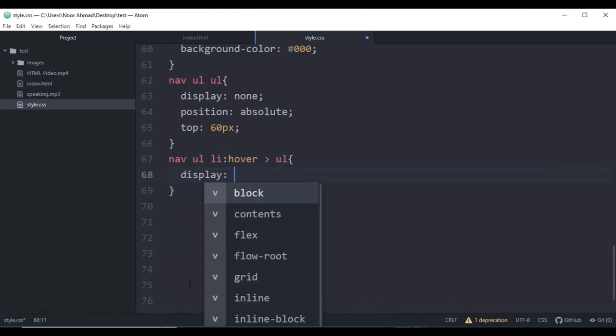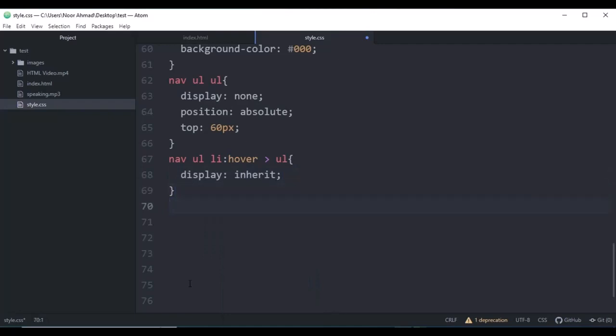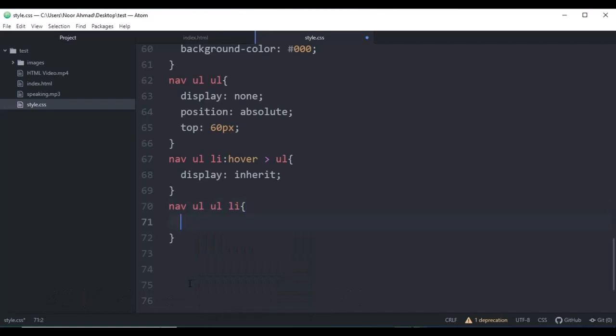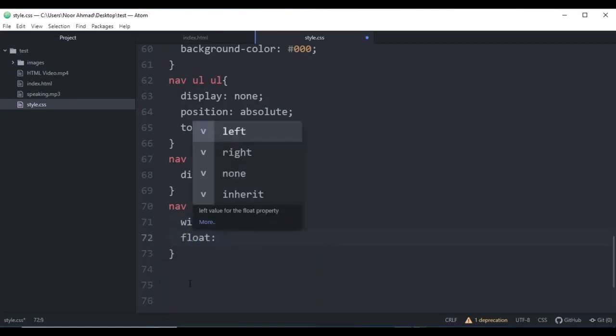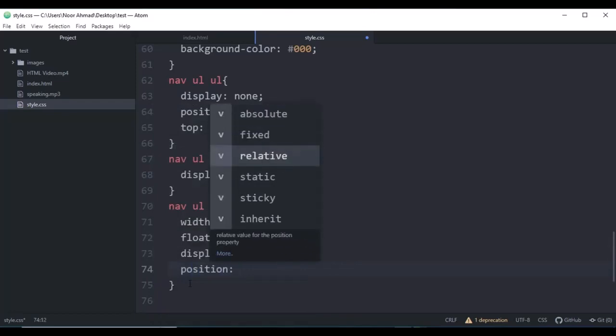It will be display inherit, and now let's add the width and the height for UL and LI, and let's add the width, width will be 170 pixel, float will be none, display list item and position will be relative,